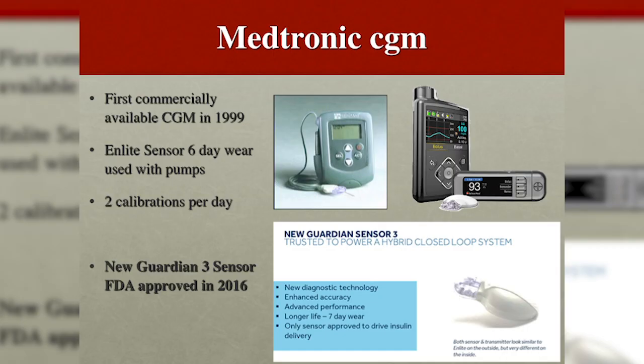Then we have the more modern sensors that are shown over here, in the structure of the sensor that I showed you before, which are way smaller, way easier to put in, and last for 7 to 10 days. Some sensors need to be calibrated with a finger stick. By doing the finger stick twice a day and entering that into the CGM receiver device, it teaches the sensor what this electrical signal means.